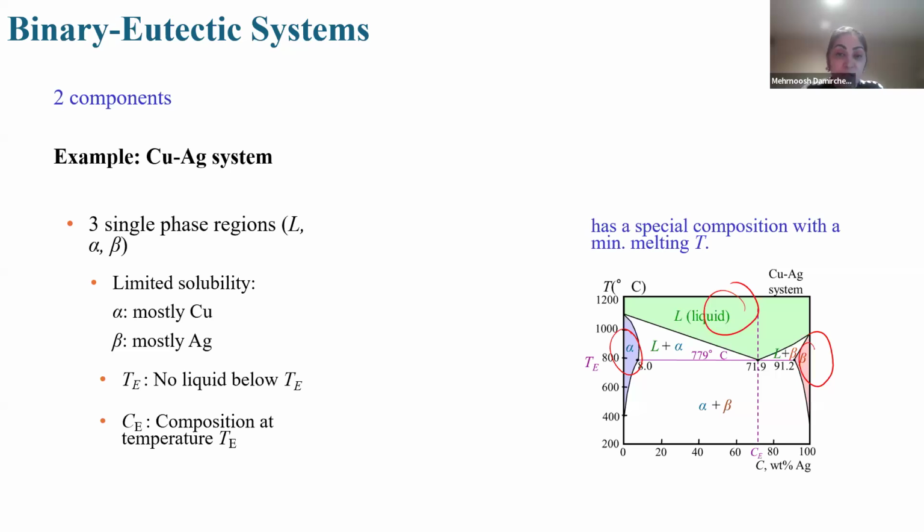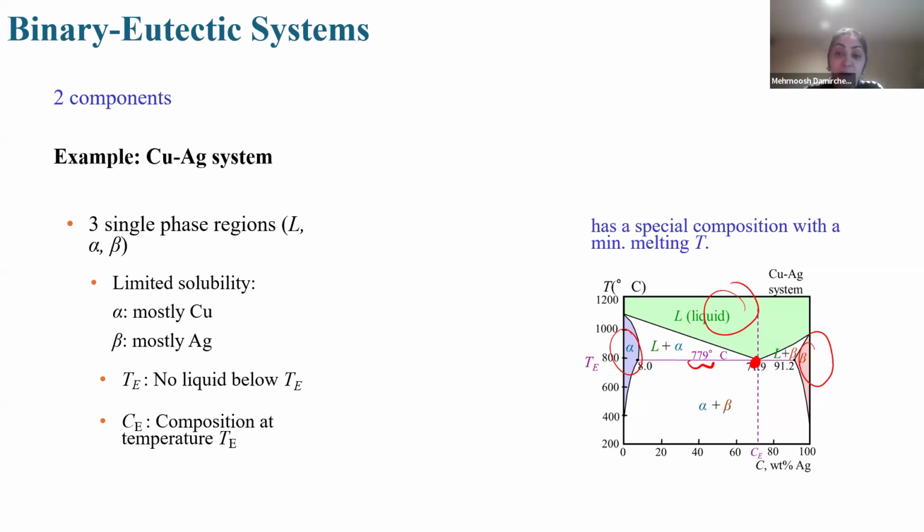At the eutectic temperature, what is the eutectic temperature? For example, for this alloy, that is copper and silver, or Ag, CuAg, the eutectic temperature, the temperature related to this point, is 779 centigrade. So at the eutectic temperature, or TE, the liquid phase disappears. What's the meaning? Means above that we have liquid, a little below that 779 for this alloy, liquid 100% disappears and converts to solid phases.